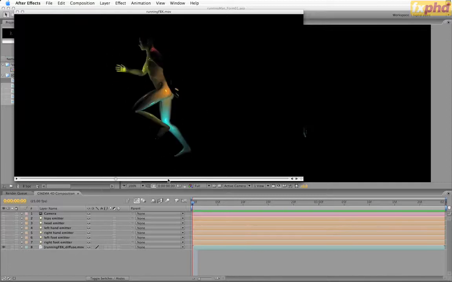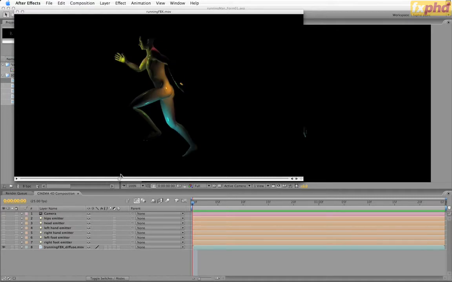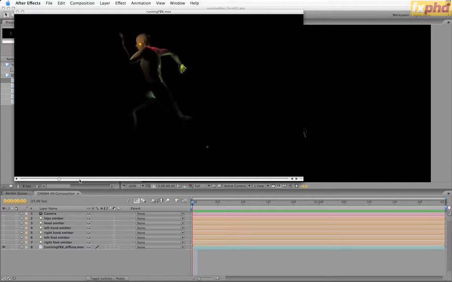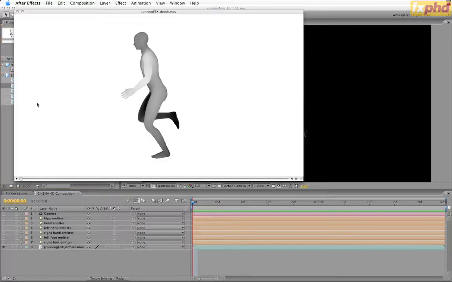Okay, here we see kind of RGB pass. I think I'll switch the reflection off later. What I've done is I've linked a light to each hand and to the head and to the hips, and they're all different colours. So as he runs along, you see all the lights. I've also output a depth map,